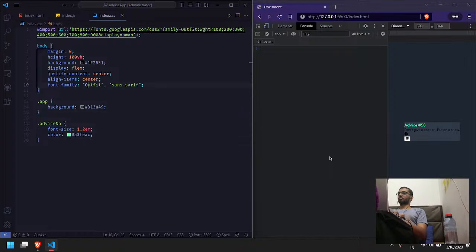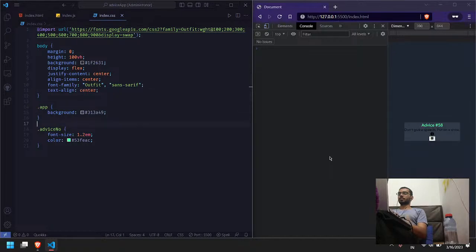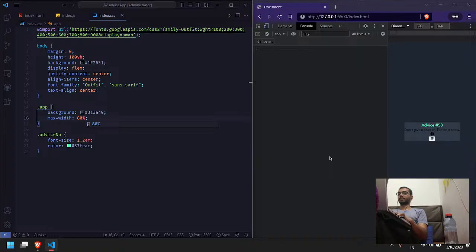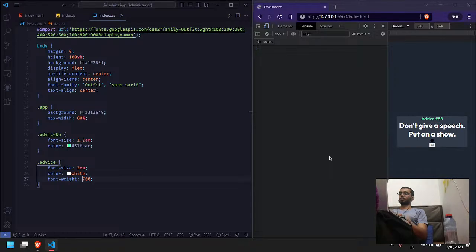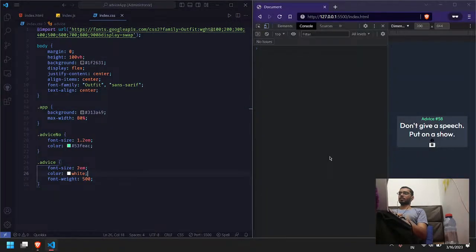We'll also make everything text align center. Perfect. We'll make the app of max width 80%, so it won't exceed that. And then we'll have the advice taking the font size of 2em and color white and font weight of 700. Ooh, it doesn't look good. Oh wait, I forgot. We also have to add